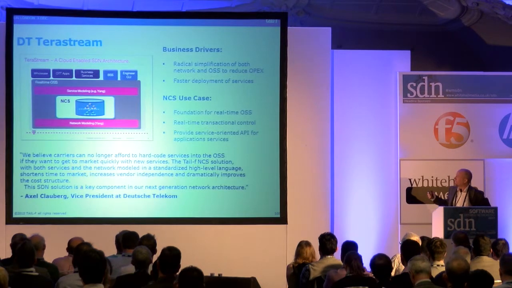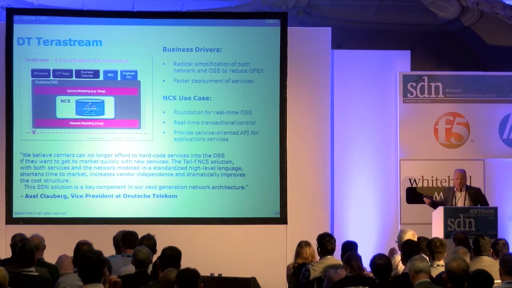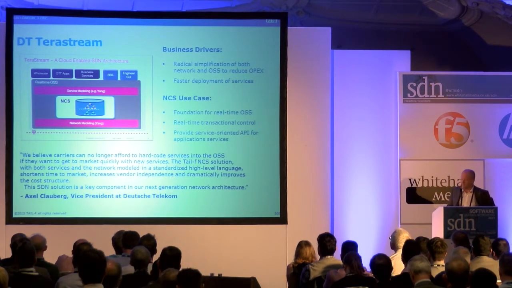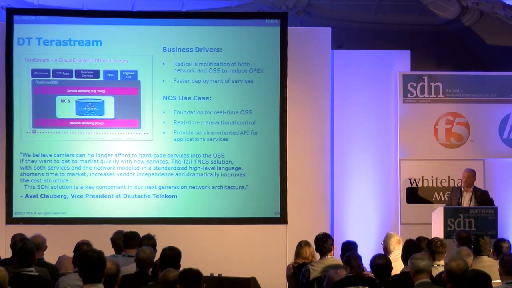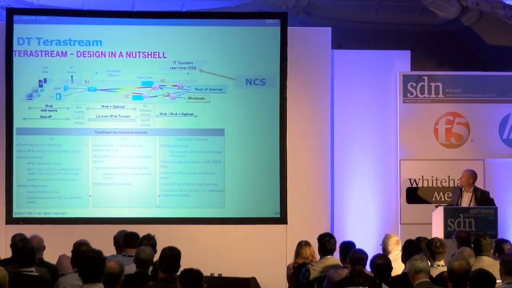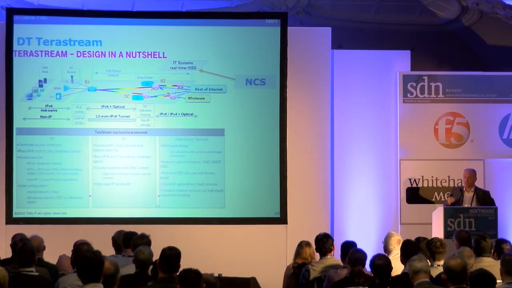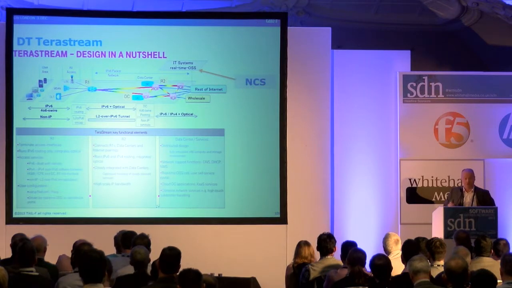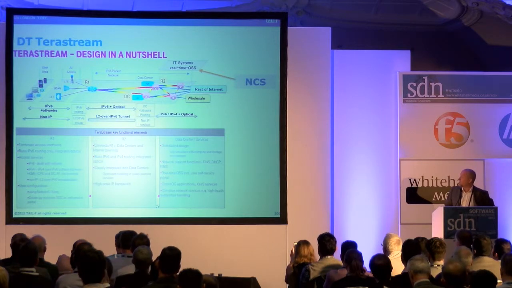Two real-world use cases. Again, I mentioned the Deutsche Telekom thing we're running. Deutsche Telekom needed extreme cost savings, and they did that by simplifying the OSS and simplifying the network. So they built a very interesting IP network. The first thing they said was that the IP network must be extremely simple. We have too many people clicking things in our transmission systems. We can't have people clicking to provision a service. So they sort of killed the transmission network.